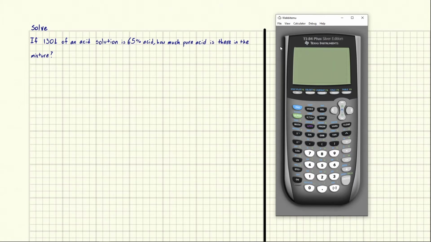Eric Burgess here. If 130 liters of an acid solution is 65% acid, how much pure acid is there in